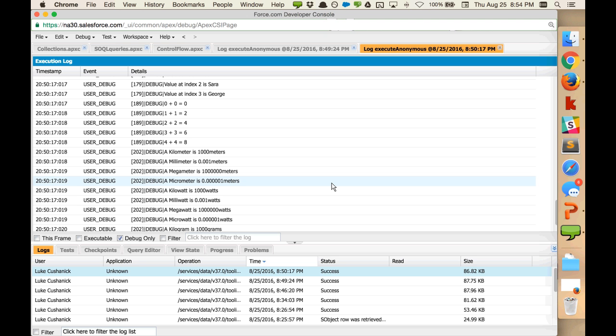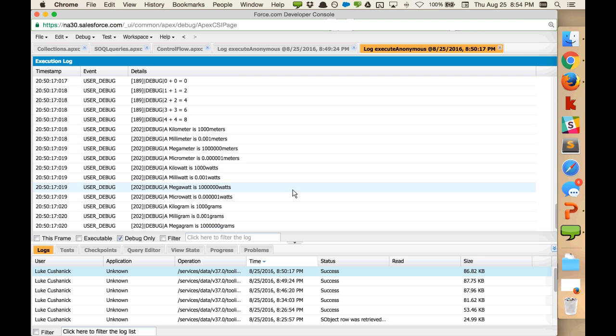And then still in that inner loop, it got the next thing from our metric map, and it set a millimeter is 1/1000th of a meter, and did the same for each of the values in that map. And then once it got through all 4 of the values we had in our metric map, it went back to the outer loop, and it grabbed the string watt, and then it started building each of the strings in turn for watt, going through kilo, milli, mega, and micro. And then it went to the final one in our outer loop, the grams, and did the same thing for,